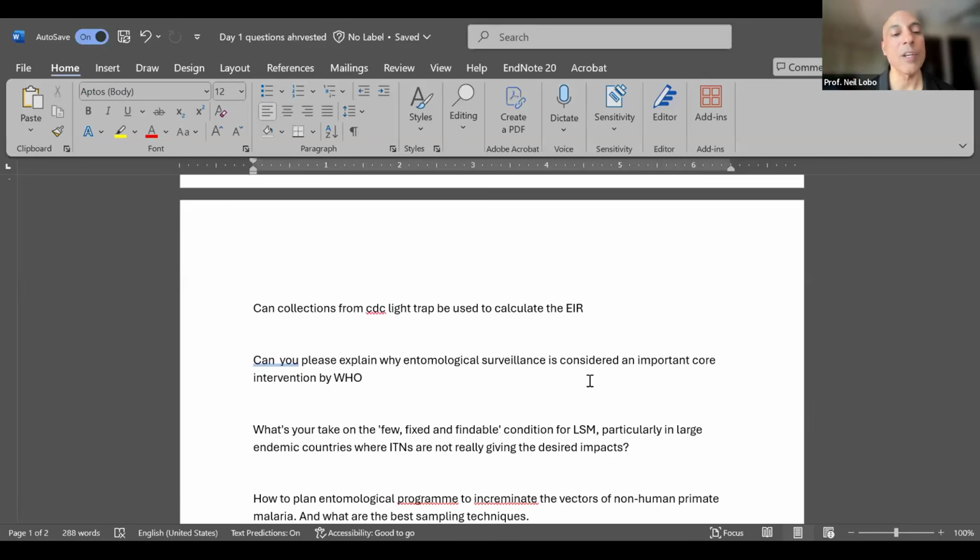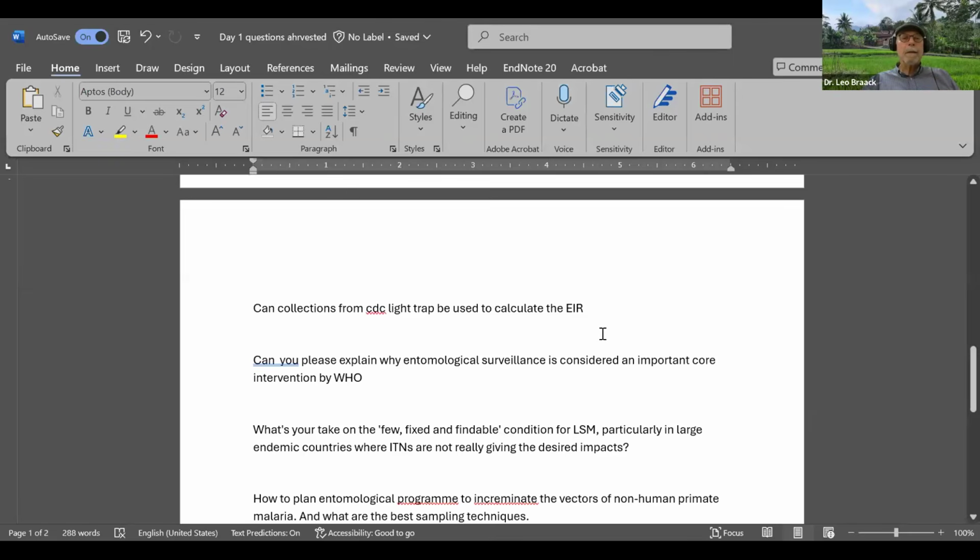So based on the data you have and your historical data you have, I would adapt the measurements, adapt the calculations. And whenever you're presenting it, mention what you do so people understand the limitations of your data and understand what you did to calculate the EIR. So you might say, I did not have HLC translation data, so I used just CDC light trap data as a proxy for HLCs, and this is the EIR that was calculated based on this data set. Does that make sense? So you're mentioning what you did and how you calculated things.